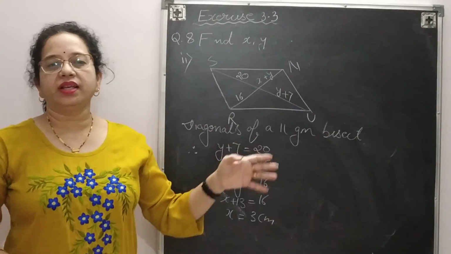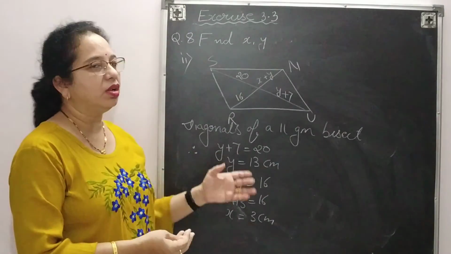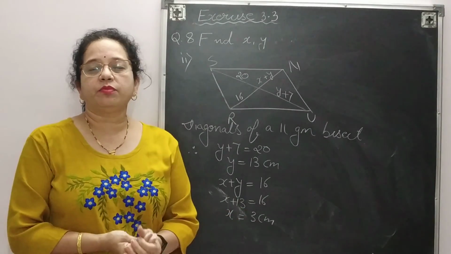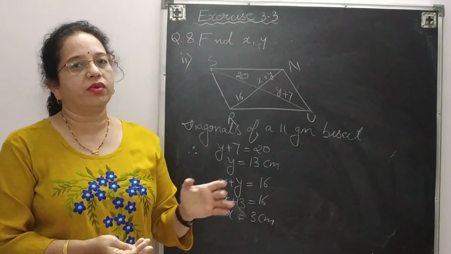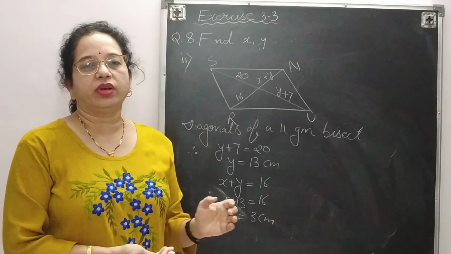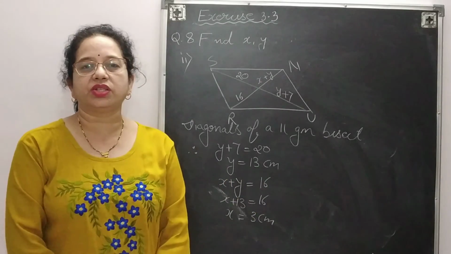So to solve this exercise, we are using all the properties of parallelogram as well as angles made by the transversal line. Whatever concepts we have done in grade 7, we are using everything to get the answer, to get the value of x, y and z.